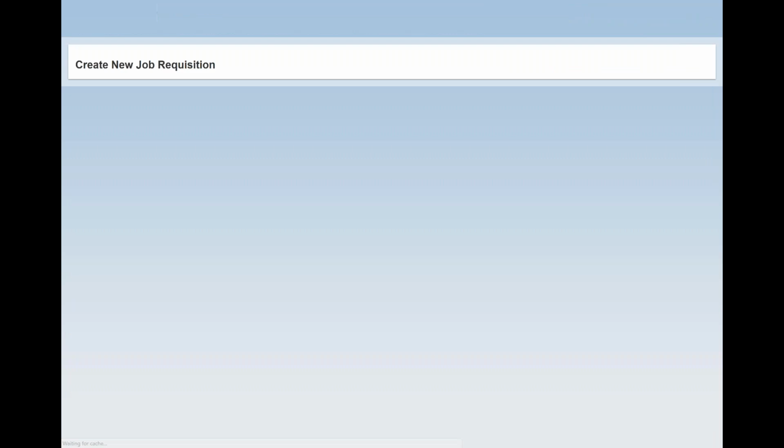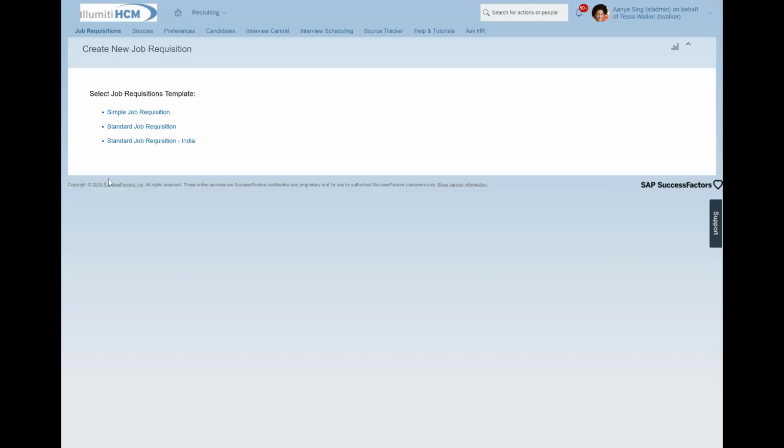And it will bring up for me a listing of requisition templates. And I mentioned earlier when we were looking at the talent pipeline that there are different phases or stages to the recruitment process, from application to phone interview to in-person interviews and background assessments and screenings. Those different pipelines are connected to different requisitions. And this is just a sample list that you see here, a simple requisition, a more complex one, and then one that is relevant to India.